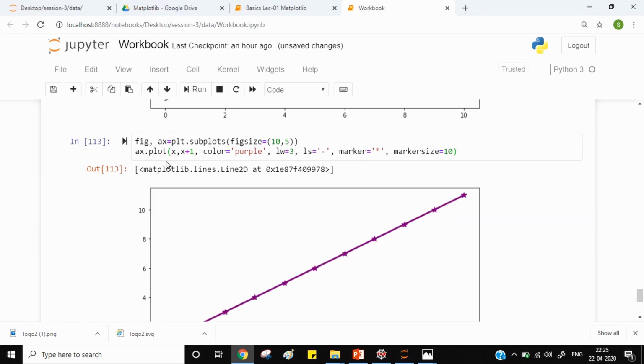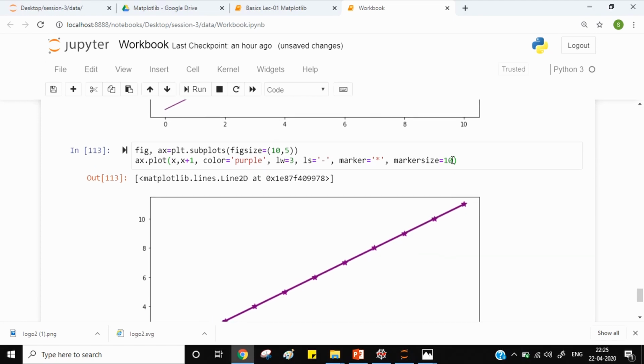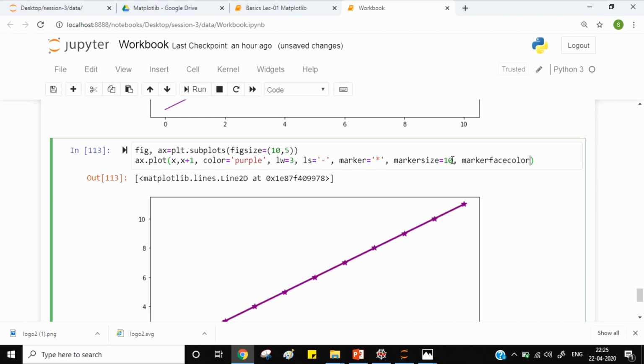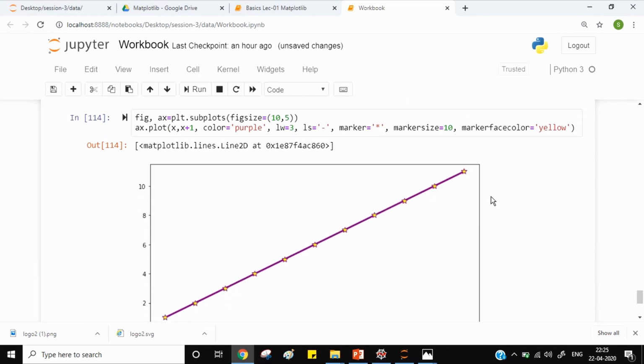So let's continue. Now if you want to change the color of these markers, then you have marker face color and mention the color which you want. Say I want yellow colored markers, then these markers are changed to yellow in color.